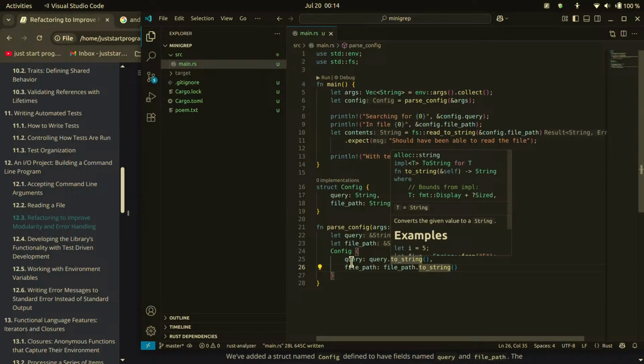Here I was trying to borrow, which means if we add something here, debug config dot file path. Yeah, that one will definitely complain. So this one will show the config file path. If we run it,